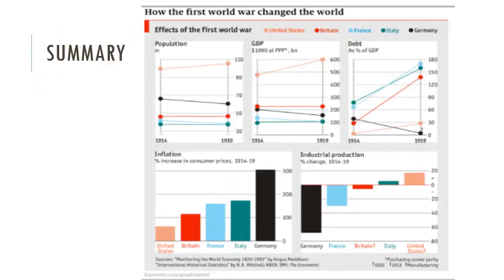There you go. Okay, here's a little summary. So it's how the First World War changed the world. You can see the different colors. And what they got for you is population. So in a lot of these, you can actually see the United States benefiting or doing better as a